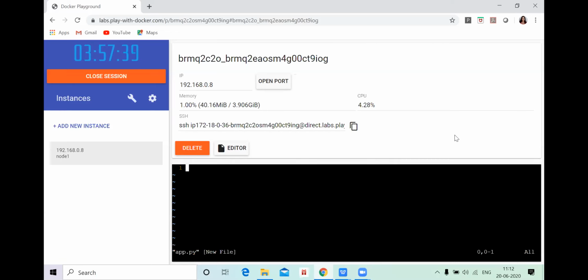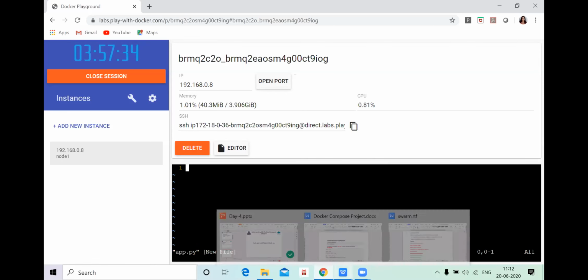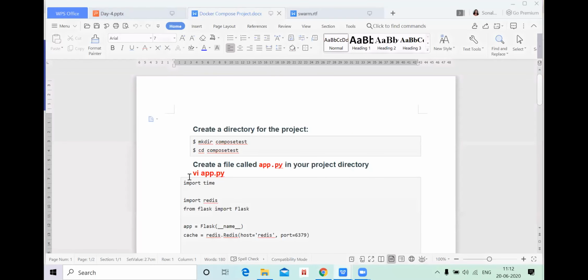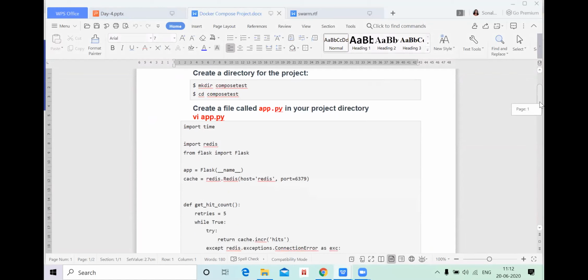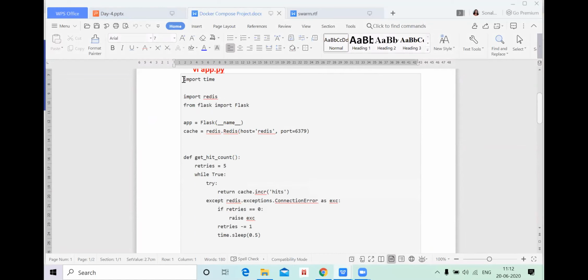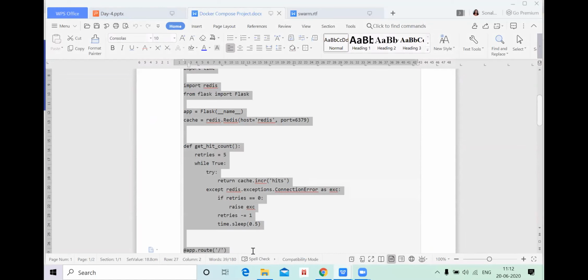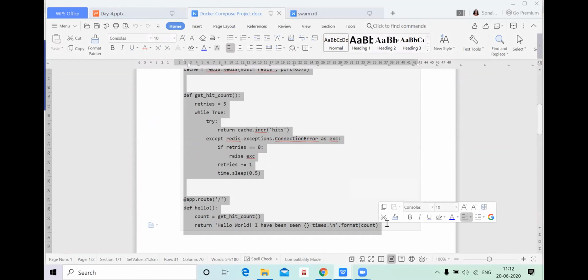Once you click, you are going to get one more window, editor, where you are going to write the program. I have already the program. I'm just copying and pasting my program here. I will be explaining you all in detail this program.